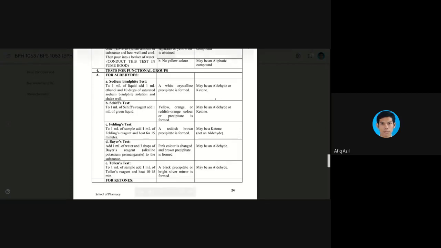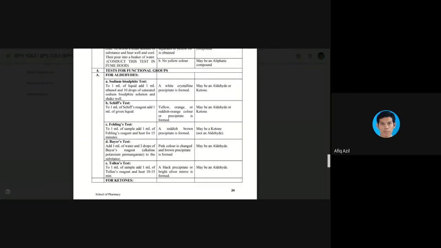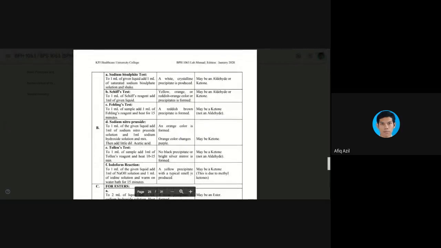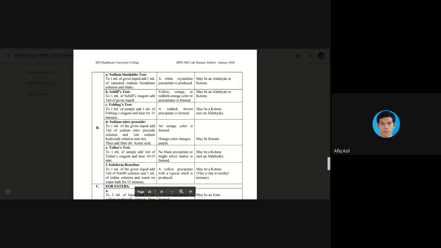So it is, how to say, actually to take the majority of the observations or the inference, rather than just because one of the tests said it is an aldehyde, you straight away conclude, oh, this could be an aldehyde. Same case for ketone, 5 of the tests said that it is ketone, only one said it is not a ketone. So the majority said that it is ketone. So you can make your conclusion saying that the compound might be a ketone, because in actual lab conditions,